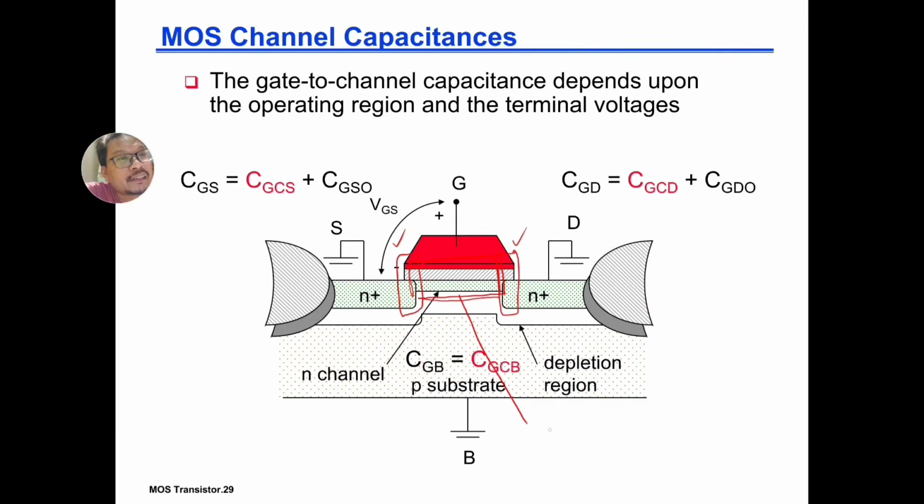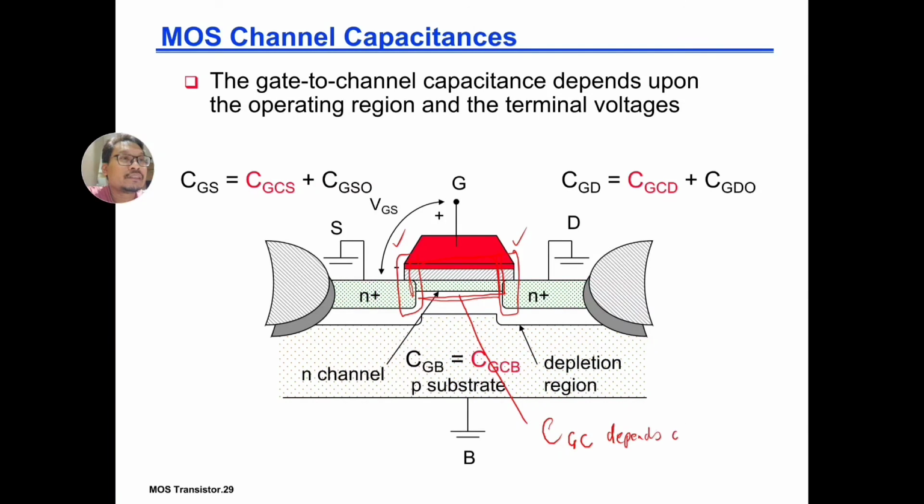This capacitor is called the C gate to channel, which is the non-overlap part, the non-overlap in the channel with the gate. So CGC